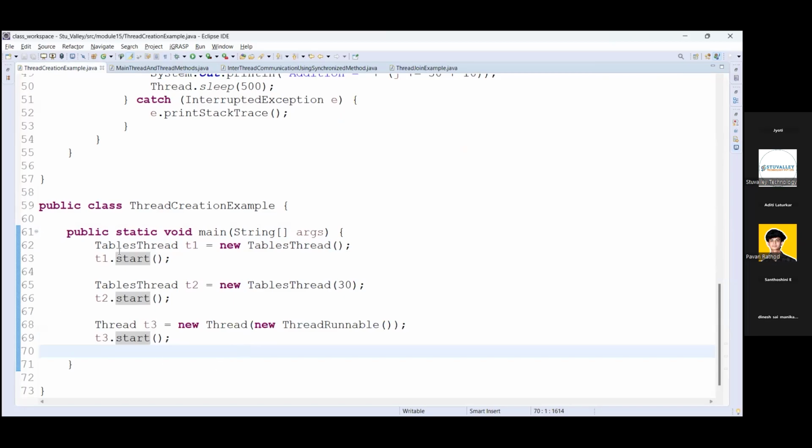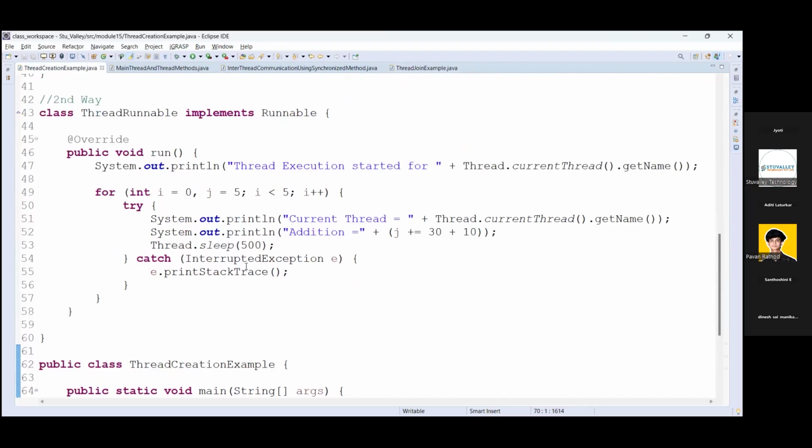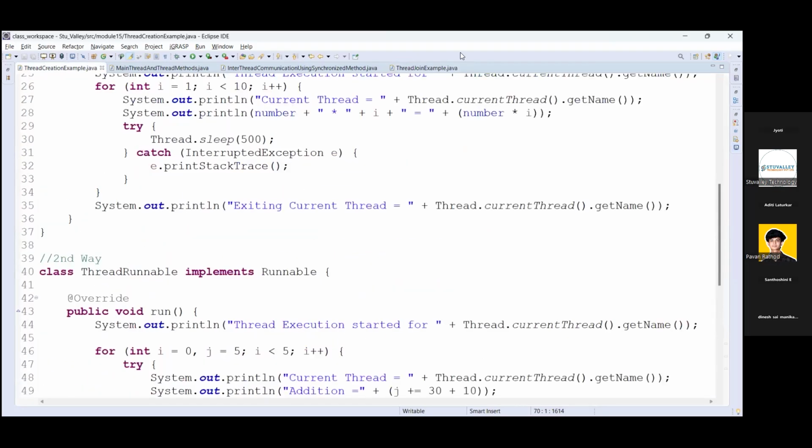So here we can use the join method of the Thread class for performing this operation. We will use these examples itself for the join example.